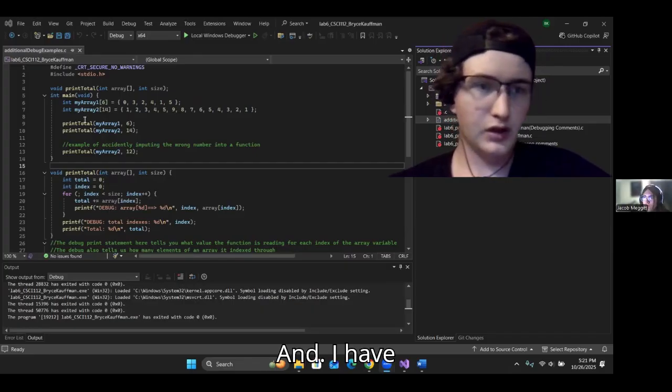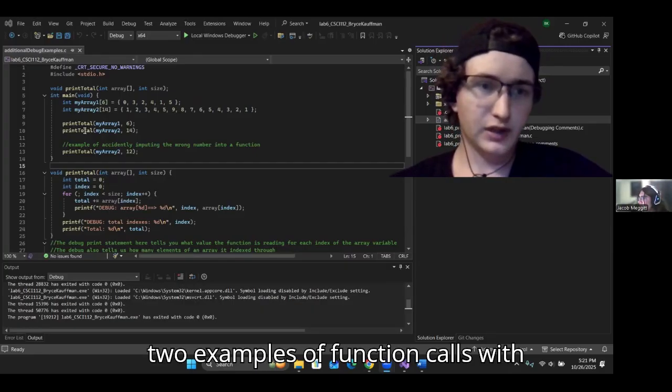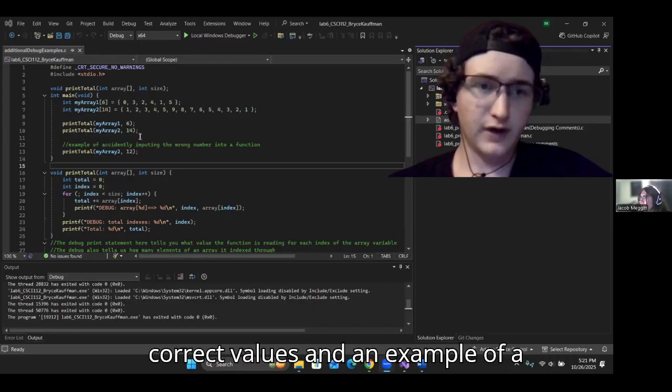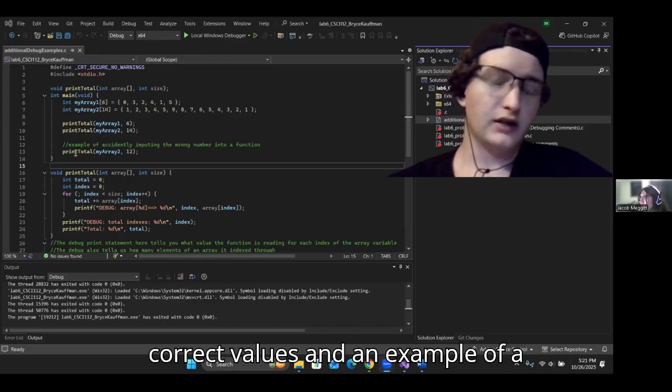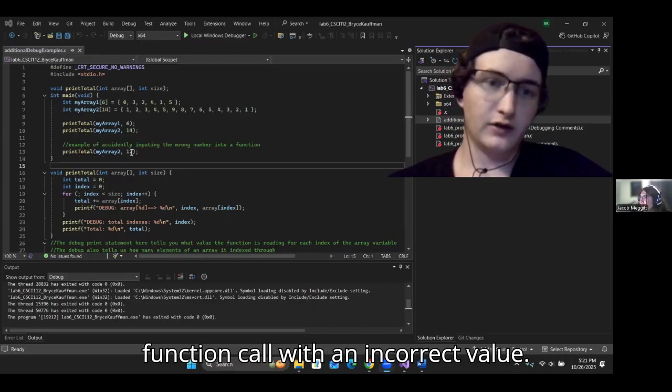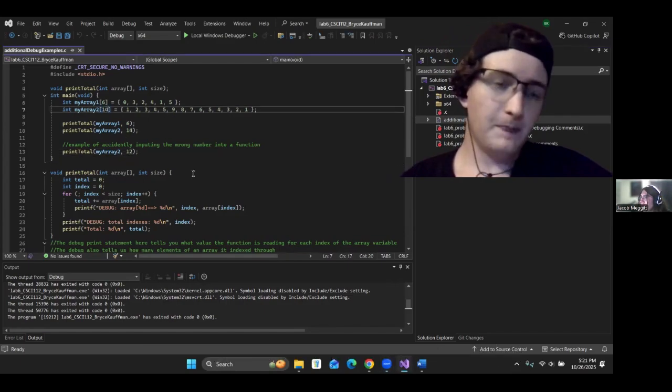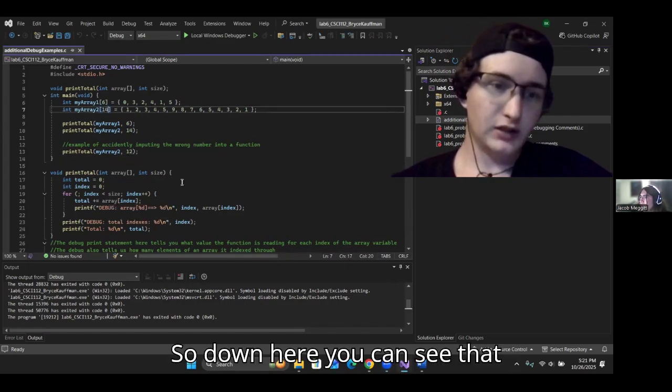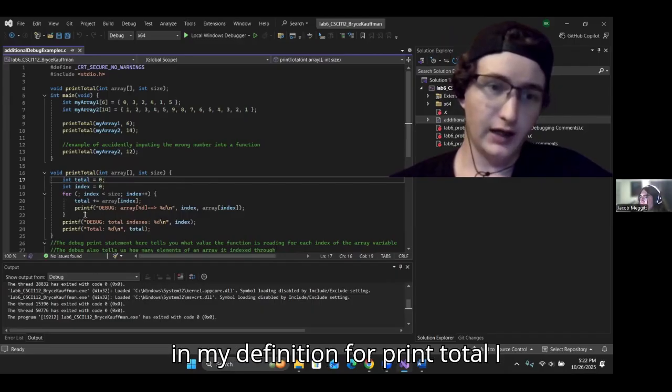I have two examples of function calls with correct values and an example of a function call with an incorrect value. Down here, you can see that in my definition for print total, I have a print